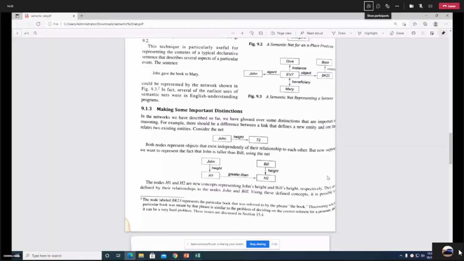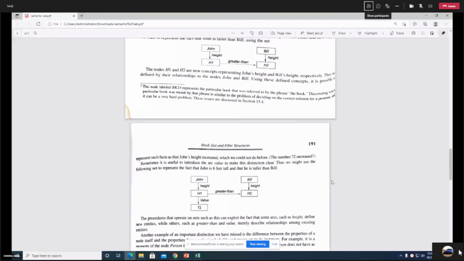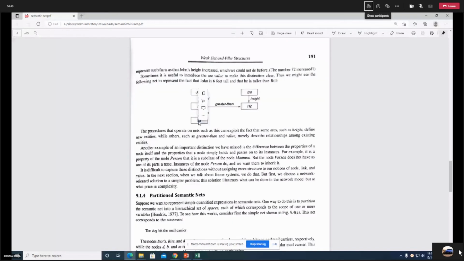So for John's attribute height, we create an object h1 greater than h2. Further, you can extend it so that the value of h1 is 72, and here you can write 70 or 50. So this is also a way to represent height comparisons, or to make a distinction that this is greater than or less than. You can represent that in the semantic net like this.